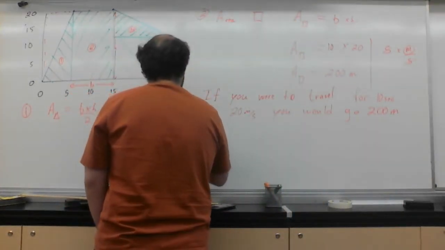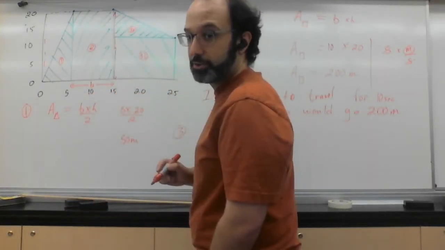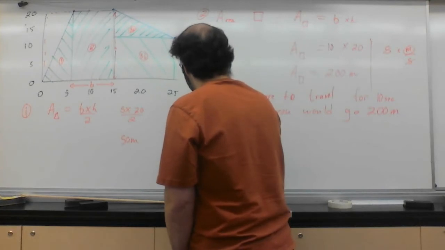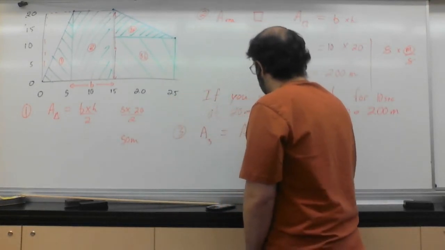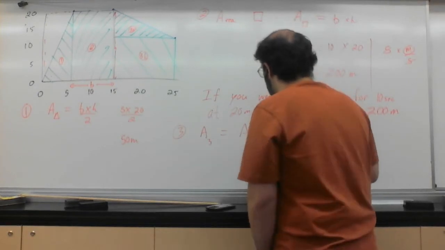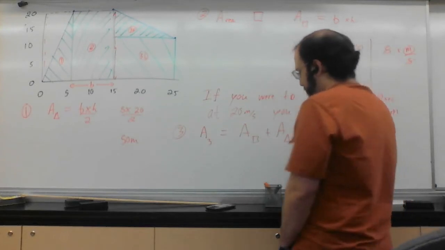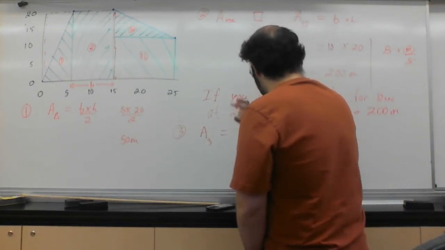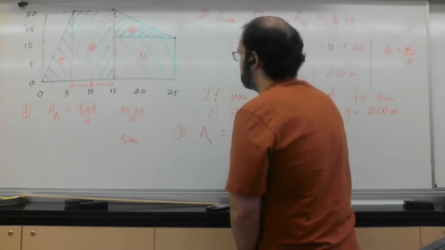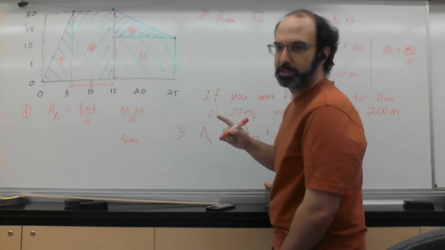We'll do it down here. 3 has both a square and a triangle, so we've just got to be careful about how we do this. So the area of 3 is going to equal the area of the square plus the area of a triangle. See? There's 2 parts here, A and B, so we just put them together. So B, well, let's do that one. So it's going to be base times height. Well, the base here is from 15 to 25, so I'm going to take 25, I'm going to subtract 15, I'm going to get